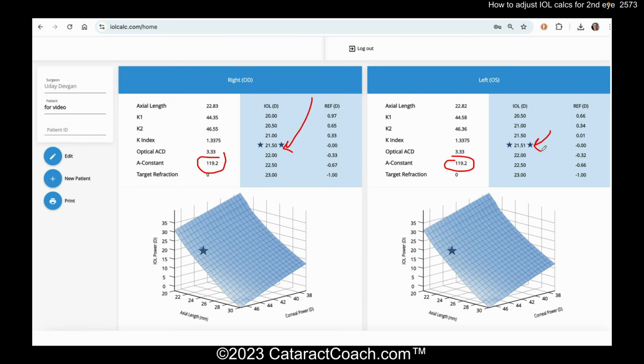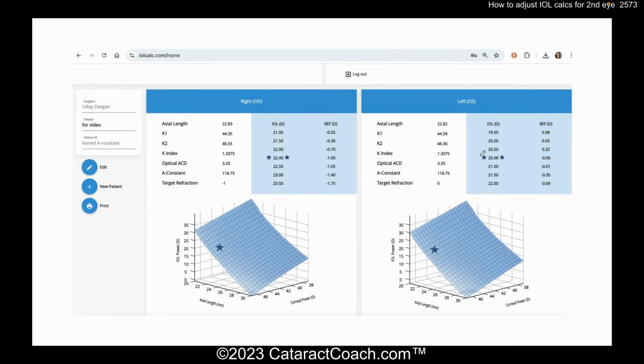But you see, there's one important thing you have here. You have one more bit of data. And that bit of data is, you know the results of the first eye. So why don't we change, in other words, hone the A constant. You see how it says honed A constant here? So if we do the right eye, we know for sure the patient got a 22.5 IOL, and the patient ended up -1. So if we now calculate it and we change the A constant to 118.75, look, it shows